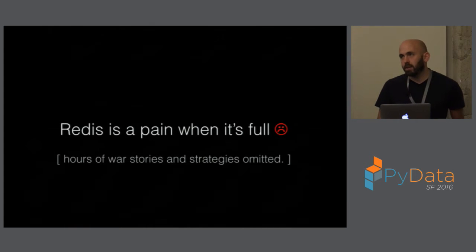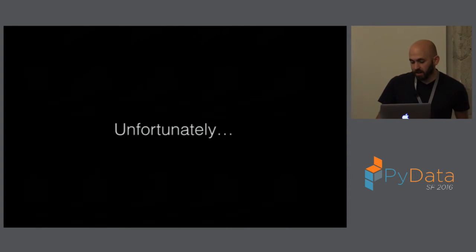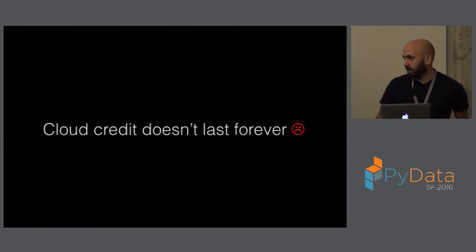Storing everything in memory is not very good for crashes, because you have to recover everything, and it takes a lot of time. And also, Instagram used Redis at some point, and they've got hours of war stories. They kind of warned me. Probably shouldn't have done that, but I also did know what I was getting myself into. But yeah, unfortunately, the cloud credit doesn't last forever, so we moved to this thing called RocksDB,